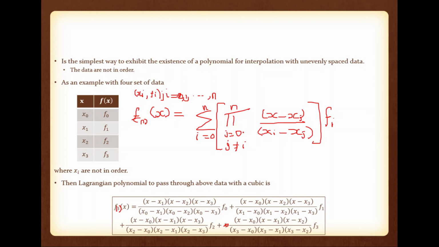If it is MATLAB, 1 to n plus 1. Then one more condition: you have to write one more condition inside the algorithm, that j not equal to i. That condition we have to consider. Means if we have j equal to i, we have to skip that for loop, we have to skip this product multiplication. So you have to write an if statement also. That way you have to proceed.